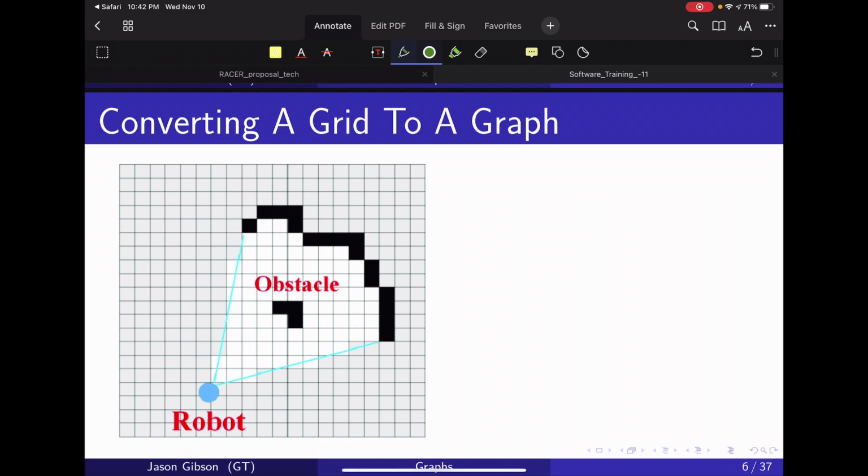So what we can do is take a grid like we used in week 5 when we did our occupancy grid mapping, and we can represent this as a graph. We can then use pretty standard graph search algorithms to find a way to get from some start grid to a goal grid. So let's say this is my start grid, and this is the goal that I'm trying